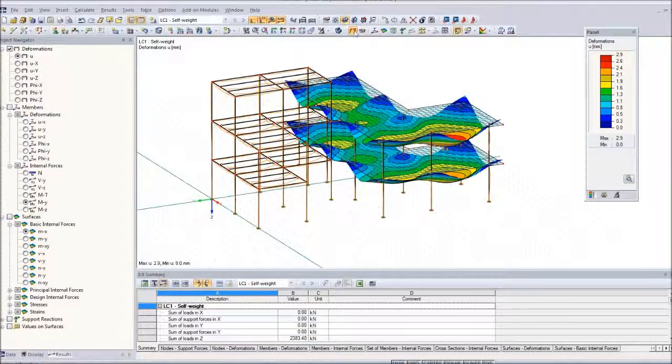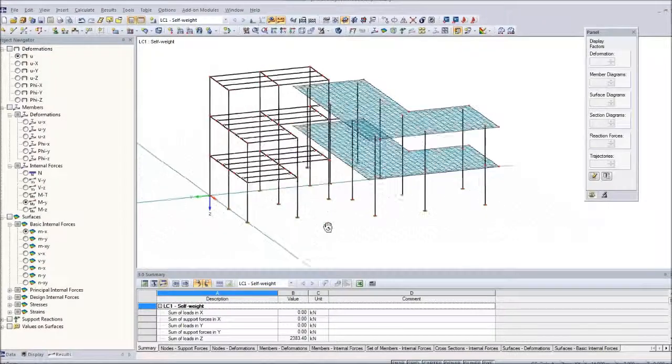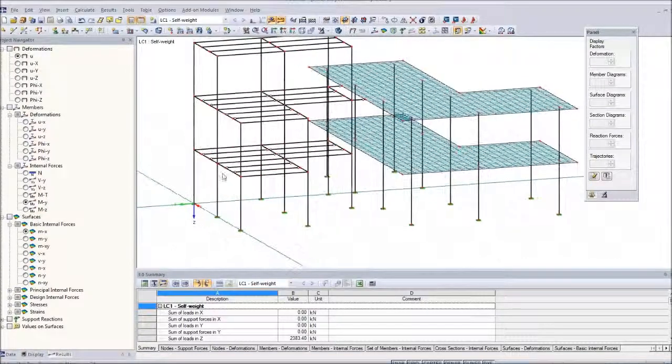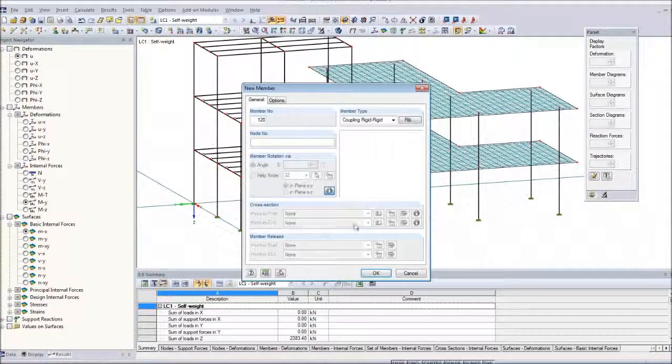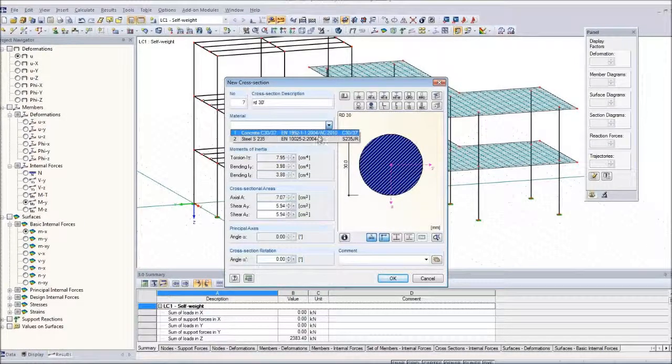Okay, next my work as a structural engineer begins, and I start to add some bracings because the original design is without stiffening of the structure, and I need to have it, otherwise I won't be able to do a correct structural design. So I enter some tension-only sections, I create new sections, some round sections with the material steel,